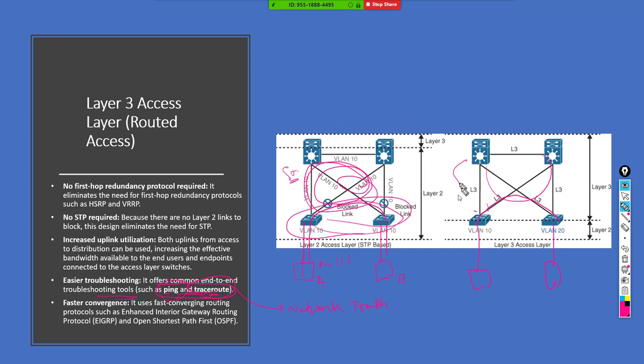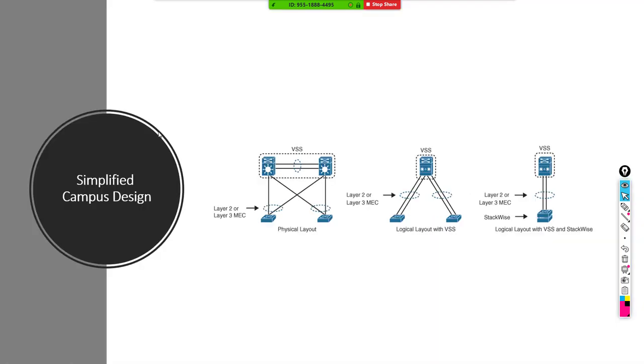In a routed access layer, you don't have to encounter any loops because they are loop free, and they are directly connected. So basically it is a single hop away. A hop is nothing but the distance from one device to another. So this is called a single hop. This was with regard to the access layer designs, and this is the simplified campus design. So what is simplified campus design? If you just talk about this one,